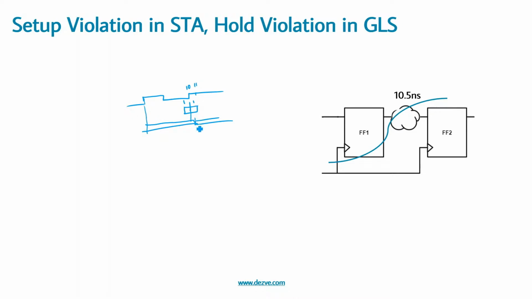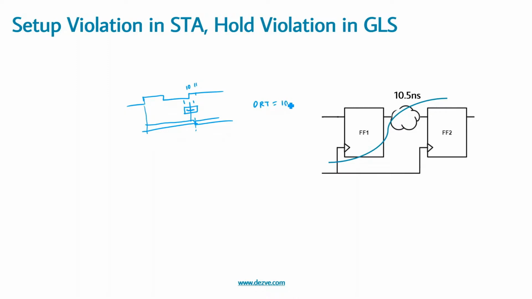Now when I say a data change is in between, this is within the metastability window for this flop, correct? What this would mean is that there would be a hold violation in the gate level simulation, because it would see that the data is changing within this window. But again, since we're talking about two different clocks, again the data